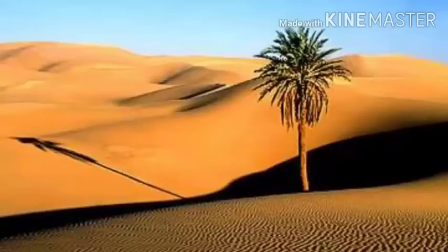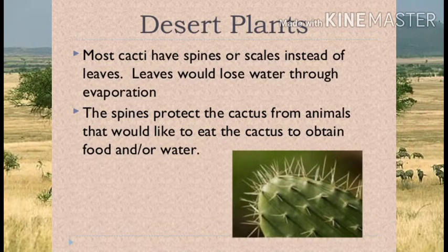As you know, in the desert area there is scanty rainfall, so the trees and the leaves, the vegetation, are a little bit wax coated. Why? To reduce the loss of water vapor from the leaves. Students, what is the desert vegetation and what is the wildlife? Let's see in our next topic. So students, let's see the desert vegetation.